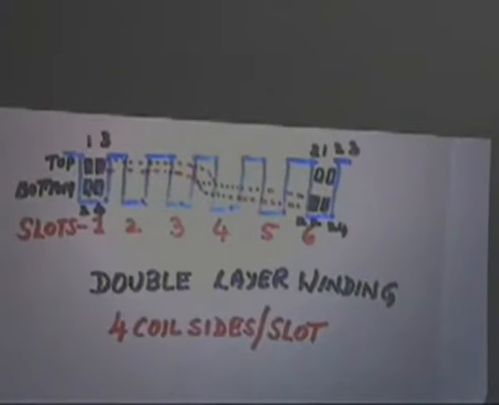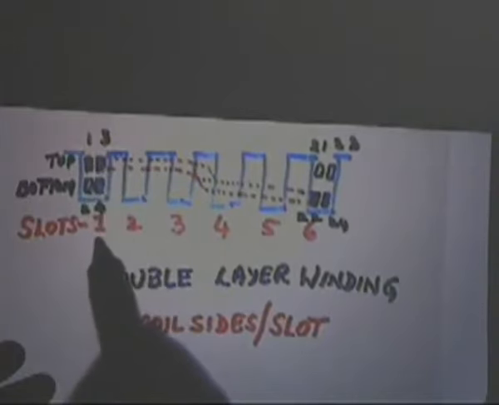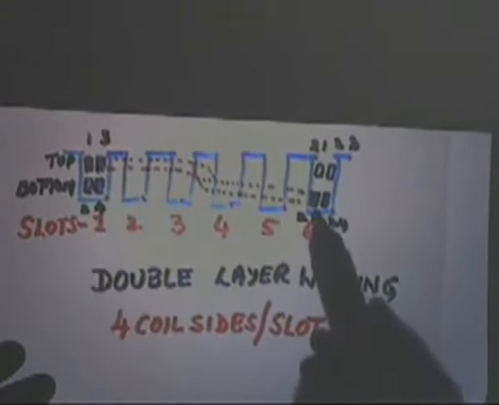If you define the coil sides as 1, 2, 3, 4 like this, here 1, 3 is going to 22, 24. So 1 and 3 coil side, which is in slot number 1, is connected on the other side of the coil side, which will be resting at the bottom, that is 22 and 24, it is coming like this. Okay. So we can have several coil sides in each layer.